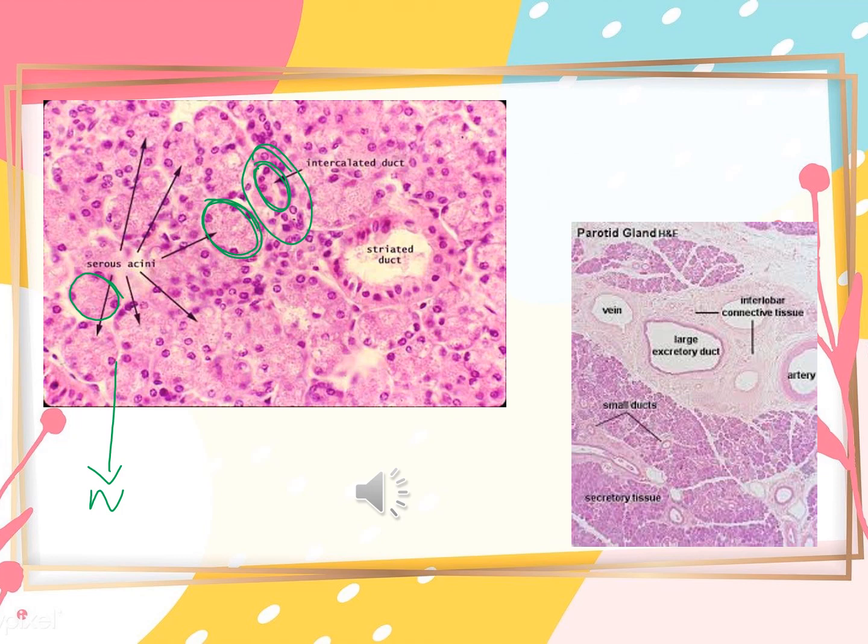Usually the size of the lumen gives you an indication of the type of duct it is. Now the second duct which we studied is the striated duct. Here you can see the lumen is slightly larger than the intercalated duct and the cells lining it are tall columnar cells. After the striated duct, the next one we have studied is the excretory duct. The excretory duct has the largest lumen of all and it has a pseudo-stratified squamous epithelium, as we have already read. And usually the excretory duct is called an intralobular duct.